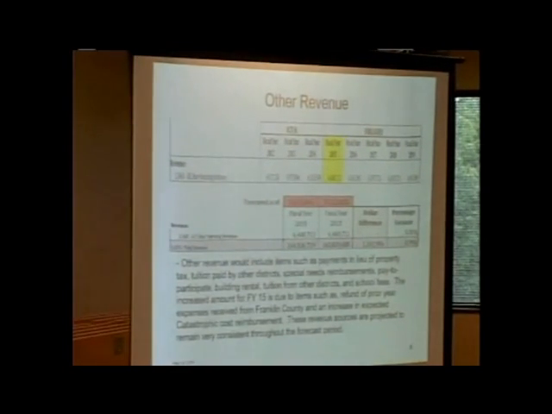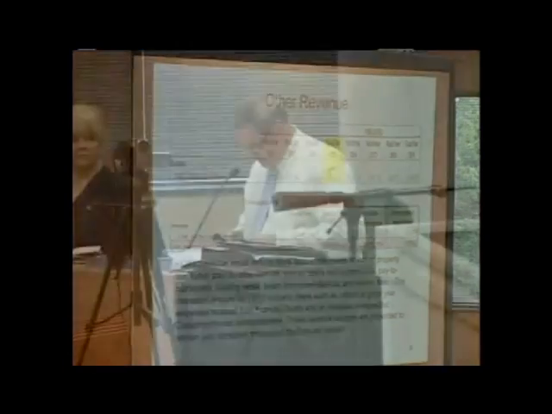Other revenue. This is one of the lines where we're actually up $1.2 million. One of the things that make this number up, which is hard to figure out, is the biggest line we had in here, called refund from prior year expenditures. We got a check back from the Franklin County Auditor for about $409,000. It was money that they had billed us a few years ago when they did reappraisal. It didn't cost them what they thought it was going to cost, so we got that money back, but because it was prior year, it goes on this line.